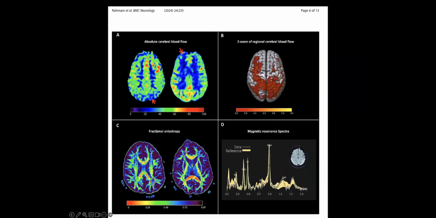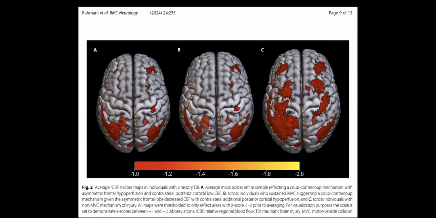FA was abnormal too, but we had a combination of a region of interest approach. We couldn't do IMECA on all of these participants, although the IMECA tended to be more abnormal. And of course, what you're seeing here with the ASL is these asymmetric areas of abnormally low blood flow, and you're seeing it across different categorizations of the blood flow.